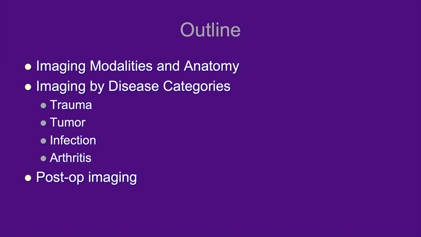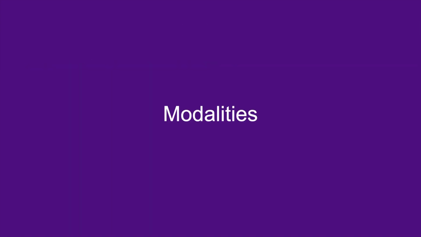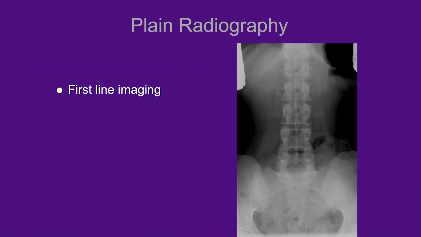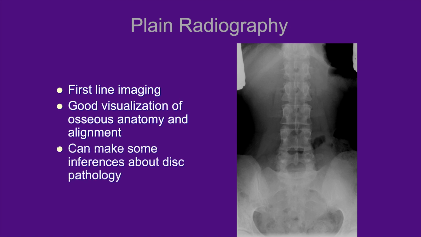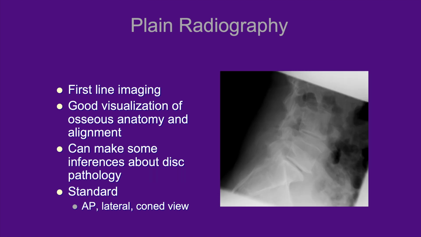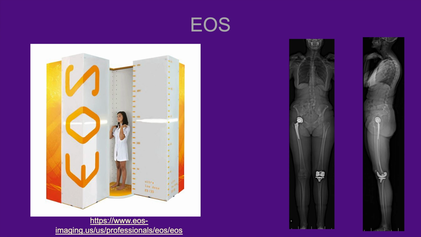on postoperative imaging. So beginning with the available modalities, plain radiography remains first-line imaging, giving good visualization of both osseous anatomy and alignment, and we can make some inferences about soft tissue, including disc pathology as well. The standard protocol involves AP, lateral views, and a cone-down lateral view. The EOS machine has upped the ante, giving us beautiful discrimination of both bones and soft tissues at a radiation